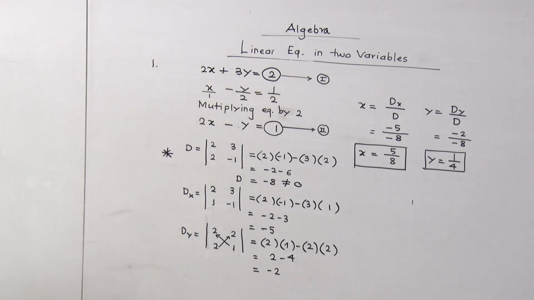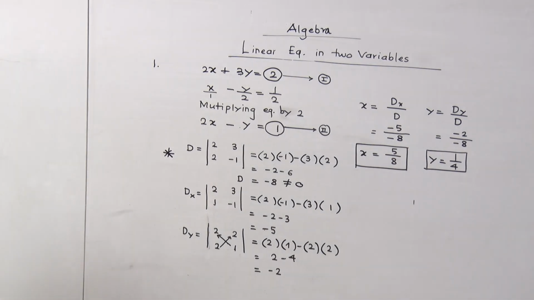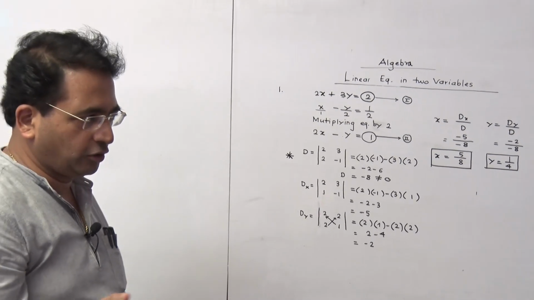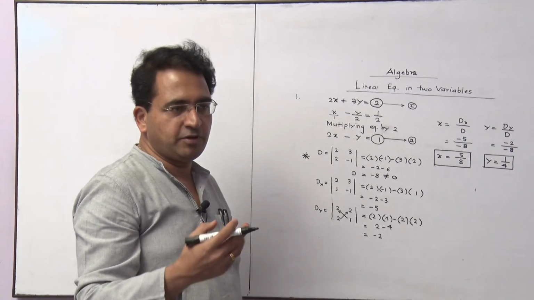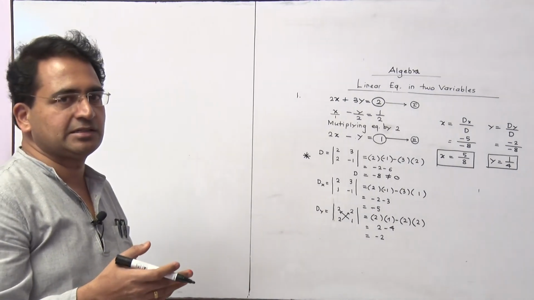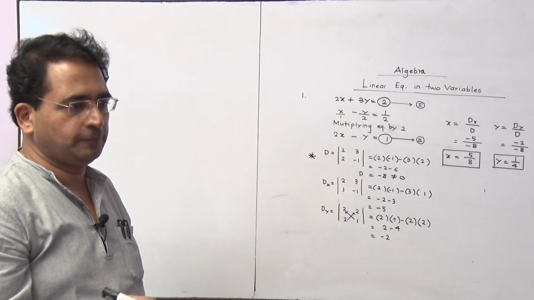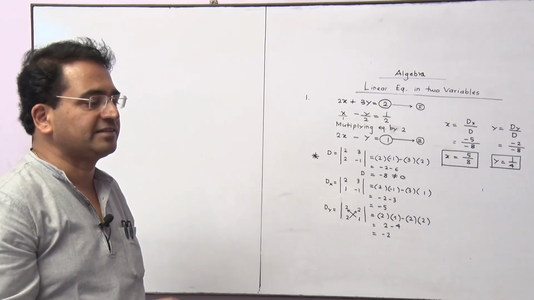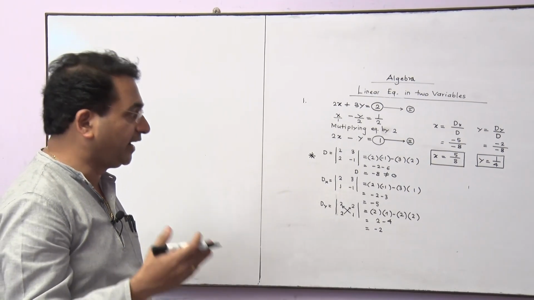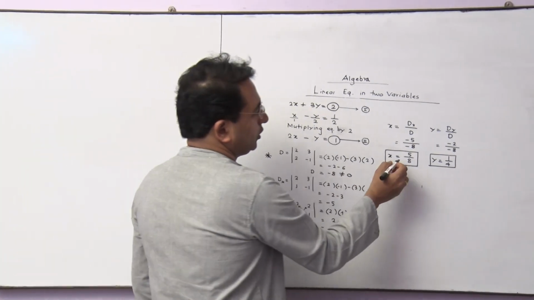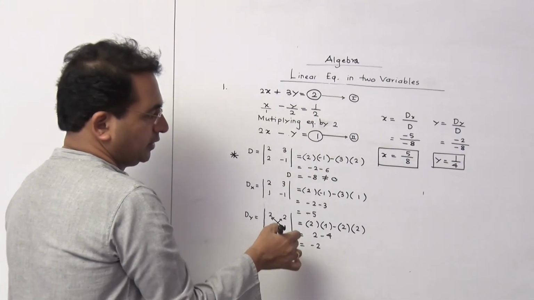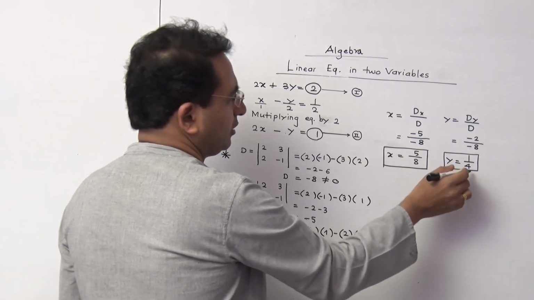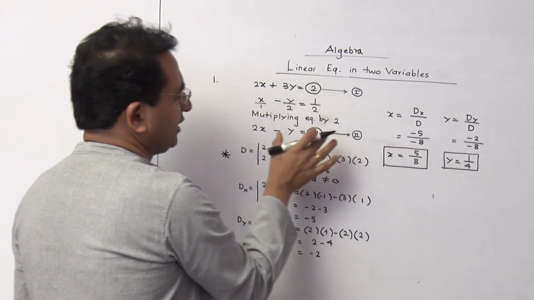Remember one thing, majority of the times the answers we are going to get, if you see your algebra textbook, are integral values. But that is not the rule that you should always get the value of x as an integer. Sometimes you may get such kind of answers. You believe in your work. If you get some fraction here, nothing is wrong. We have to just check that.